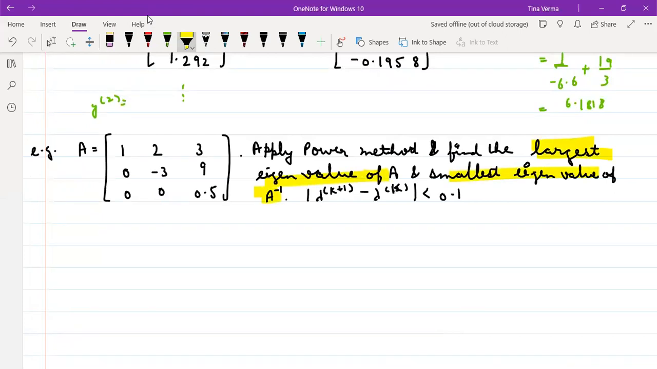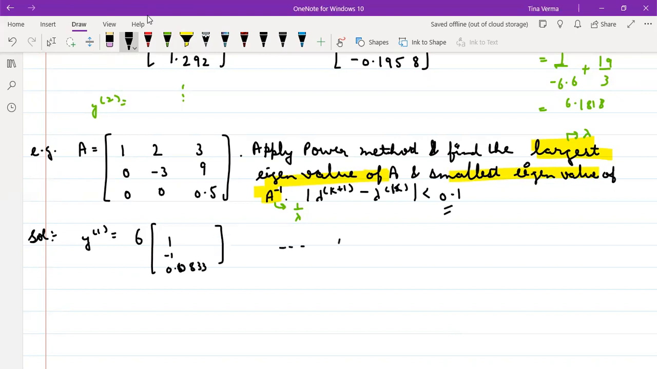That means they are related: if you have found the largest eigenvalue lambda of A, then what will be the smallest eigenvalue of A inverse? That will be 1 by lambda. So you need not do the calculation again. You can just perform the iteration. When you solve the first iteration, this gives me the answer 1 minus 1, 0.0833. So to satisfy this criterion, you have to perform 5 iterations,